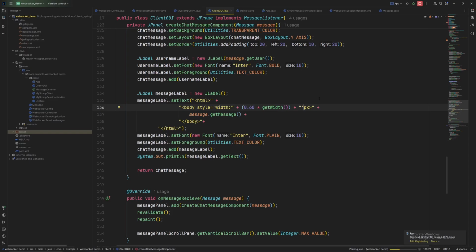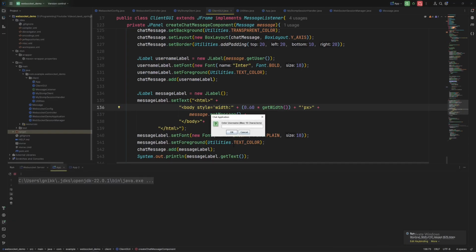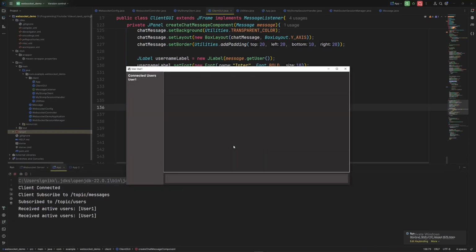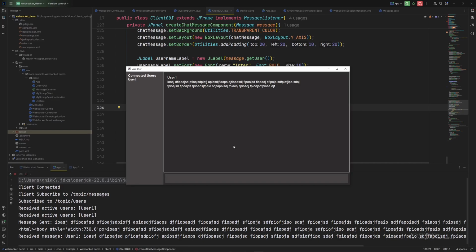Alright, so let's rerun the application again. So let's type in user1, and now let's just type in a big message like that and hit enter. So as you can see here, instead of overextending and overexceeding the width of our display area, it actually wraps the text. But let's try increasing the size of our GUI and basically